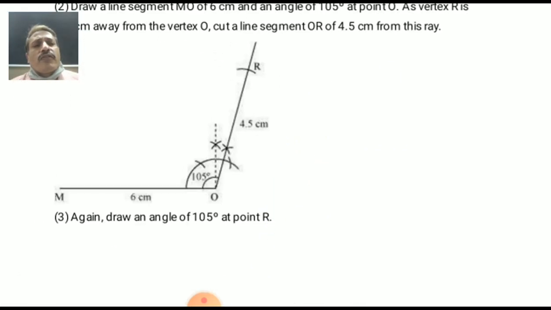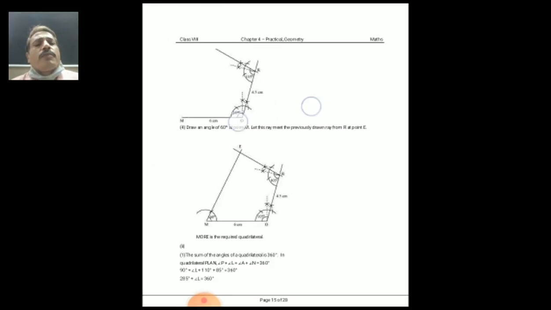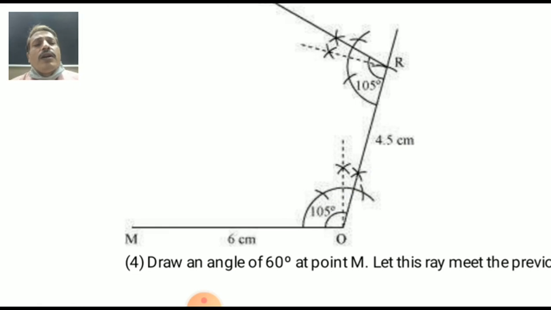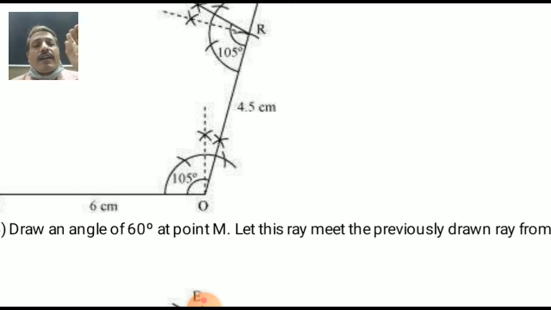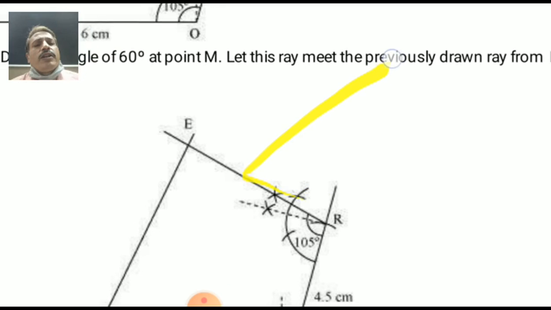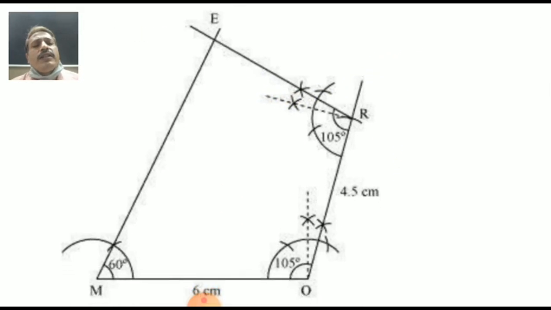Now we are moving on to the second point. Second point is here, same way. From R we can draw an arc. But student, here the measurement of R is not given. So what can we do? Yes, angle M is 60 degrees. Very simple way, which cuts our R. MORE, R to E measurement we can find. Let this ray meet the previously drawn ray RE at point E. Can you see it there? Very simple way. See, students.